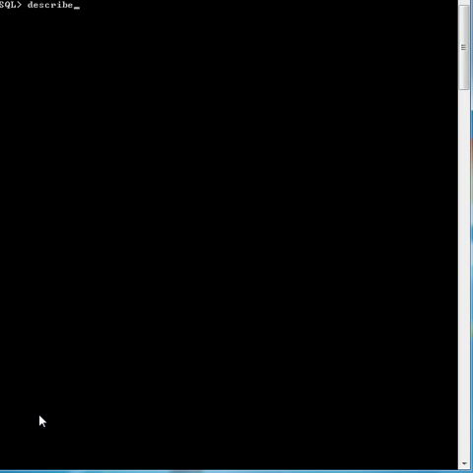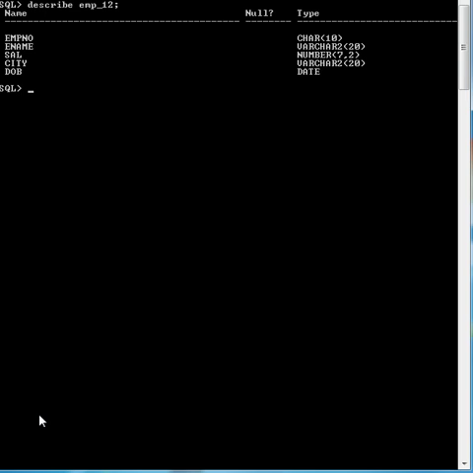I can write describe also. Describe emp_12 semicolon enter. Okay, so I can either write desc or describe. It's our choice. I can write desc also for describing the table.